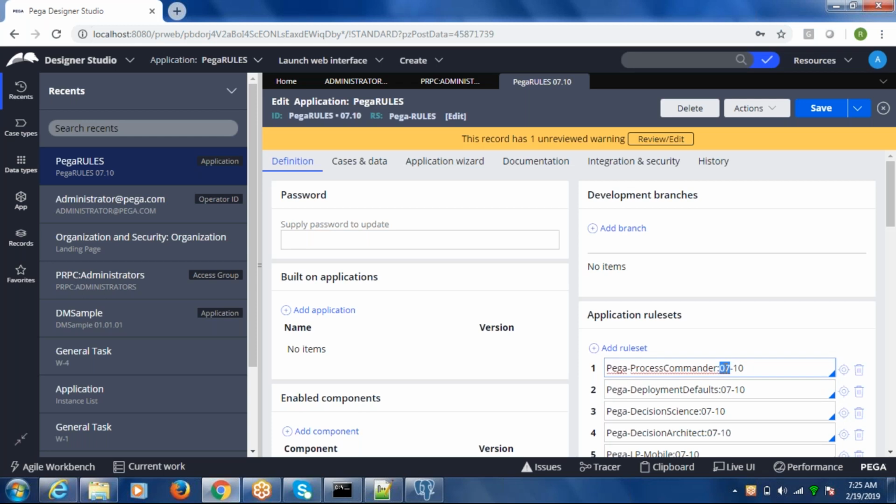If the application's major version is 7, that means this is a very old application. If it is 1 or 2, probably you can guess it was started 2 or 3 years ago. All right, so based on this version, we can say this application was created this many years back.